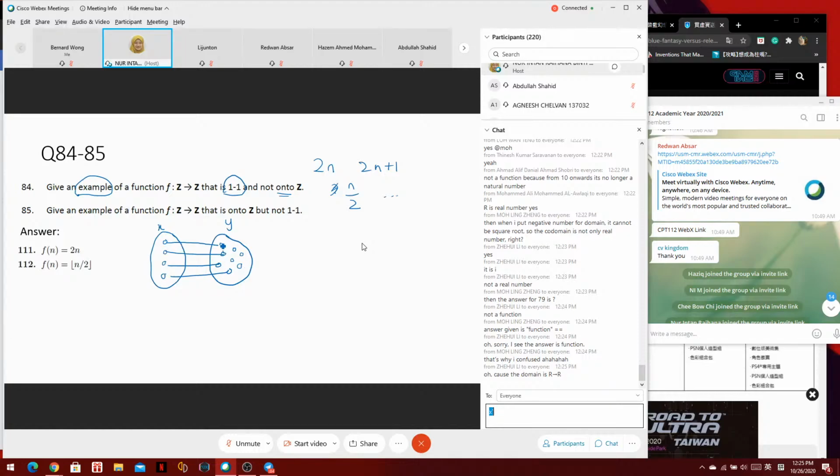As long as there is only one x value as the pre-image of each image in y, it is called 1 to 1. But for onto,